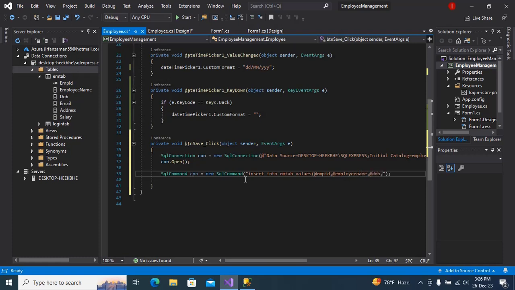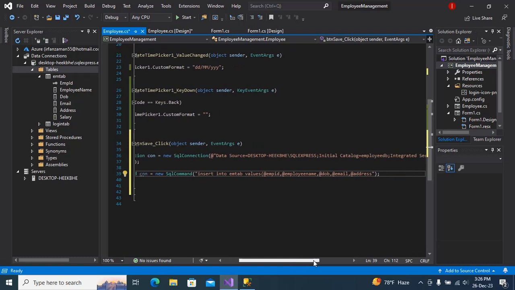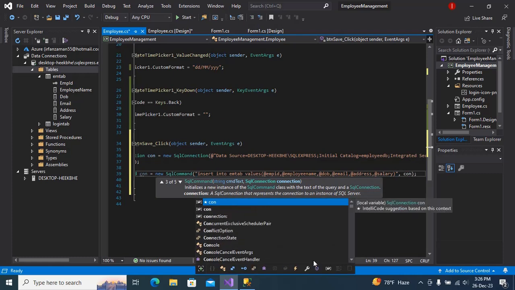DOB, email, then address, then we have salary. Close the bracket, then comma, con,